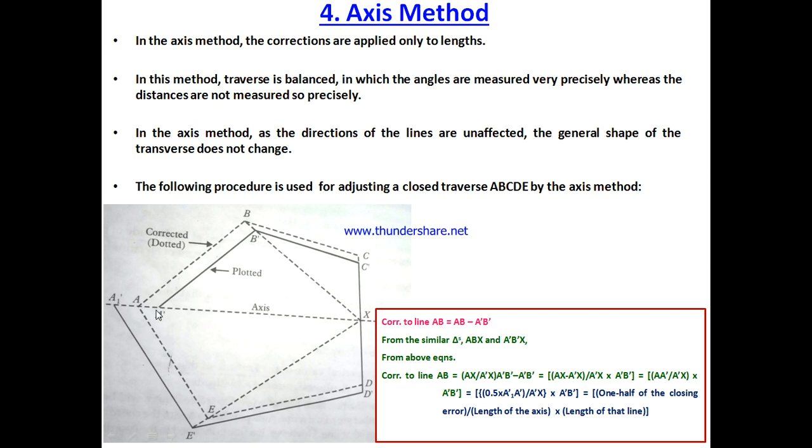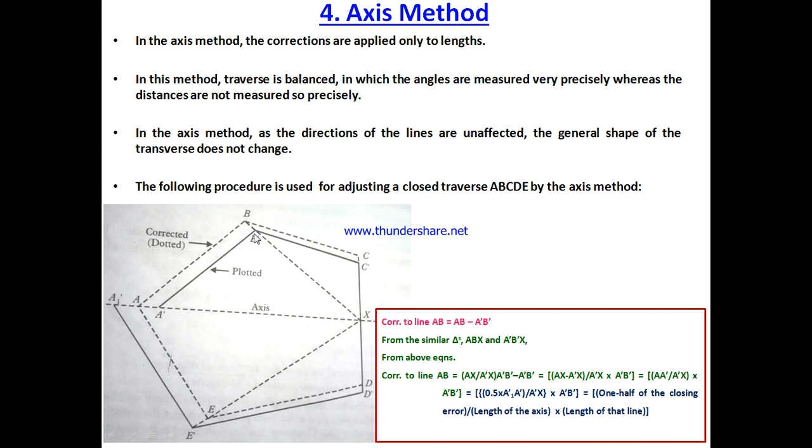So about this axis only we need to distribute all the error, here A1 dash A dash, all this error, in the length of the traverse lines. After that we bisect the line A1 dash A dash in such a manner that A is the midpoint of that error, A1 dash A dash, okay. Now after locating the middle point, we need to draw a line AB which is perpendicular to line A dash B dash. We need to draw it, which is not perpendicular, rather it is parallel.